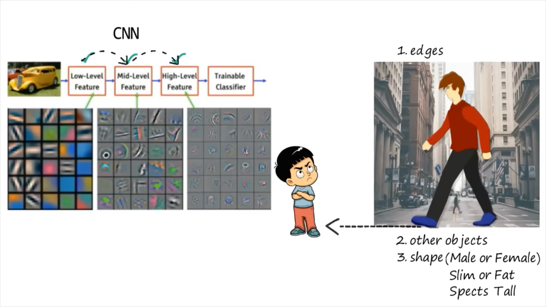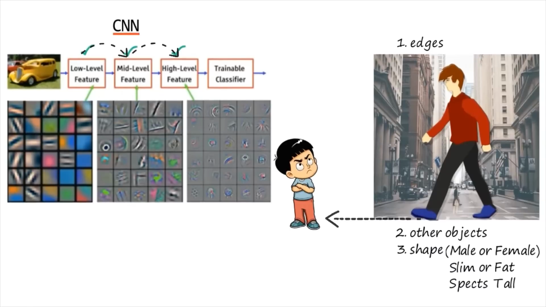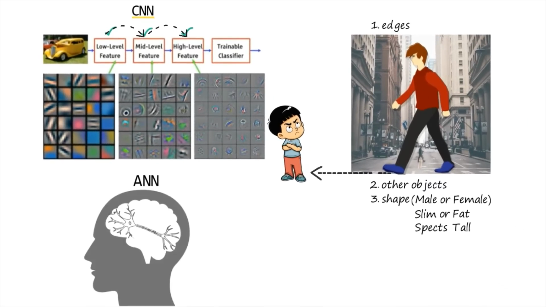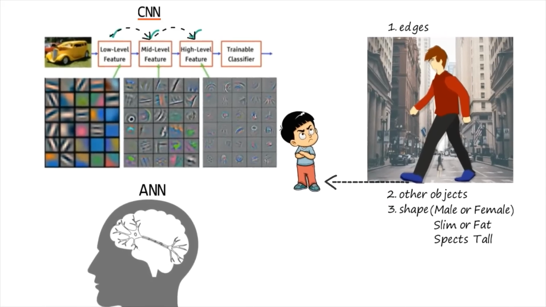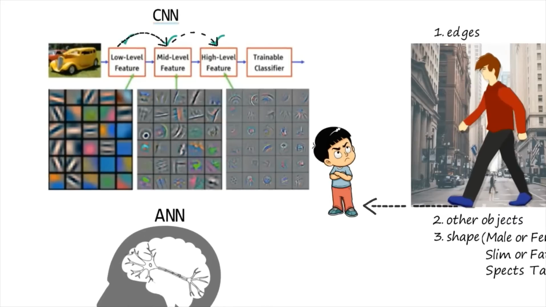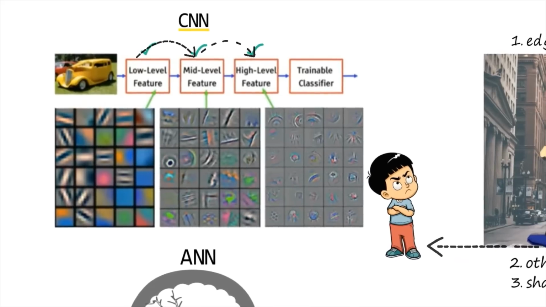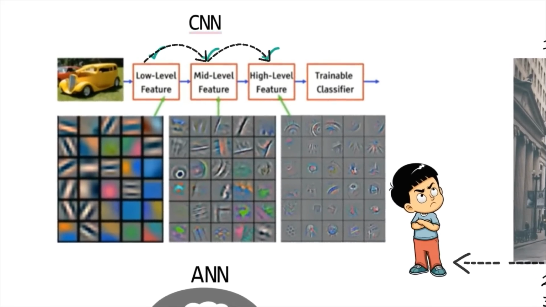Now, whatever mechanism is followed by the human eye, the same mechanism is used by CNN. Here I want to tell you one important point. Whenever I have explained ANN in class, I have explained that ANN follows the mechanism of the biological neuron, which resides inside our brain. Now here, what is the mechanism of CNN? CNN follows the mechanism of the human eye. So this is the basic difference between the ANN working principle and the CNN working principle. So please make a note over here.